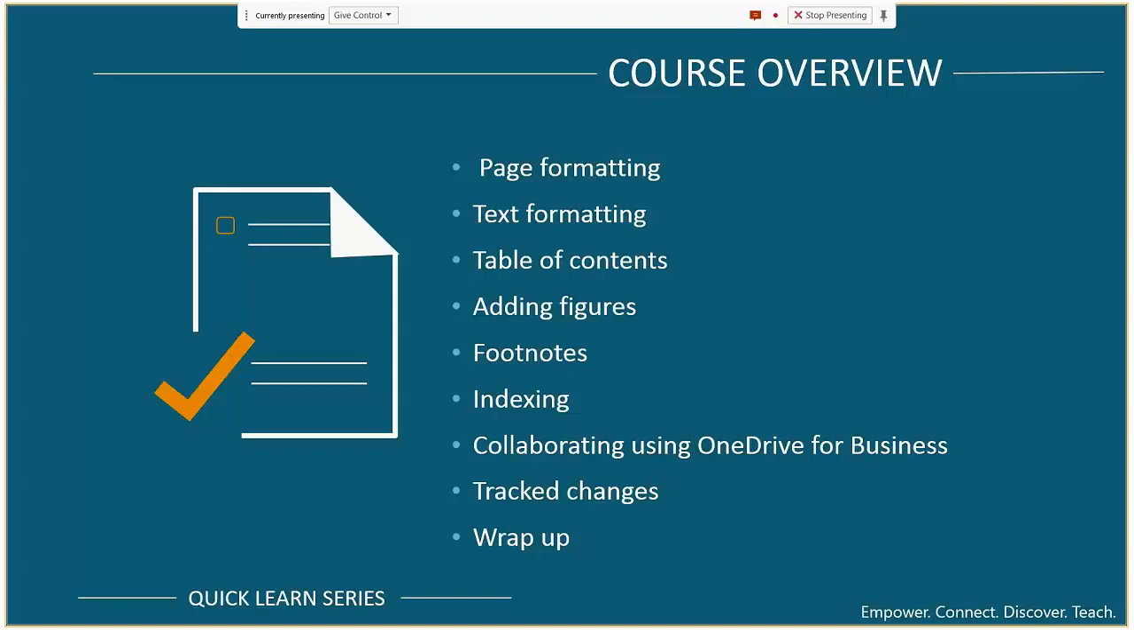We'll talk about footnotes and endnotes. We'll talk about creating an index for your paper by defining the different terms that you want to be in the index and then inserting the index. We'll also talk about taking a step back with Word, how you can collaborate on your Word documents